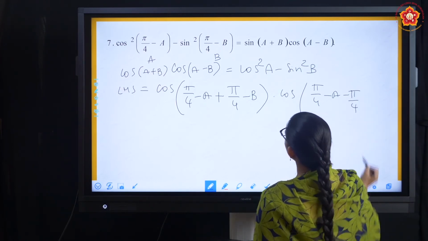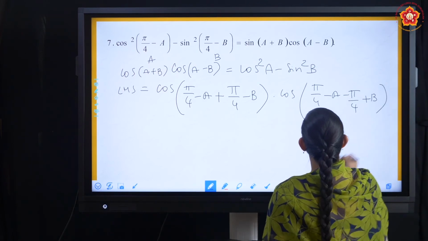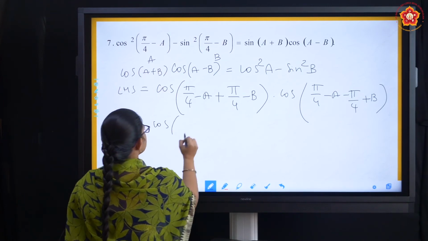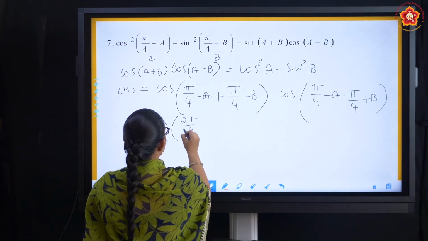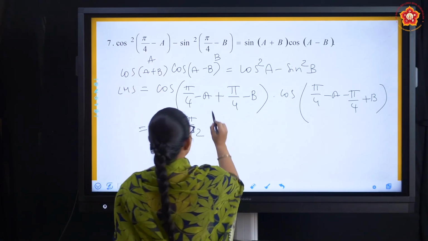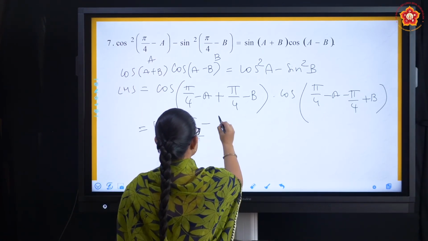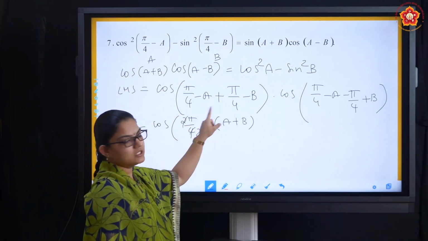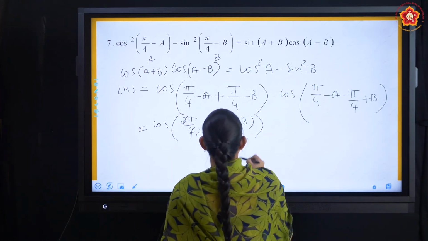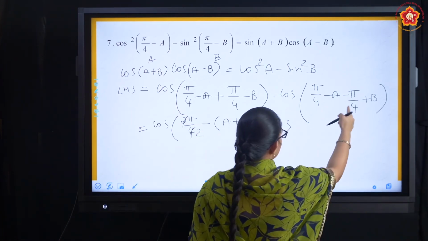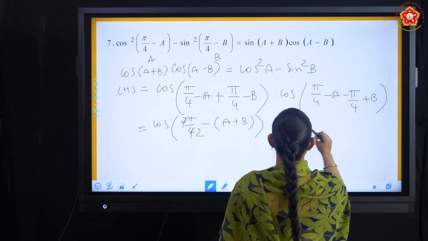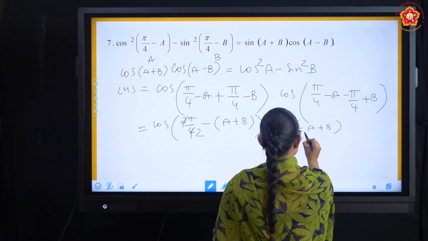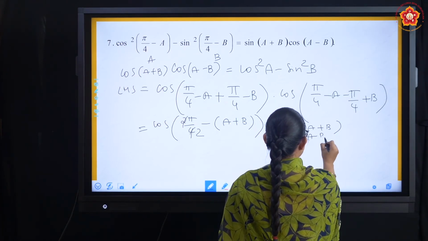that is pi by 4 plus B, we can see here, which is equal to pi by 4 plus pi by 4, that is 2 pi by 4, or we can say it is pi by 2 minus A minus B. So I can take minus out and write it as minus of (A+B), minus (A-B), that is minus of (A+B) into cos of pi by 4 minus pi by 4. So minus A plus B minus A plus B, or if I take minus outside, I can write that as A minus B.